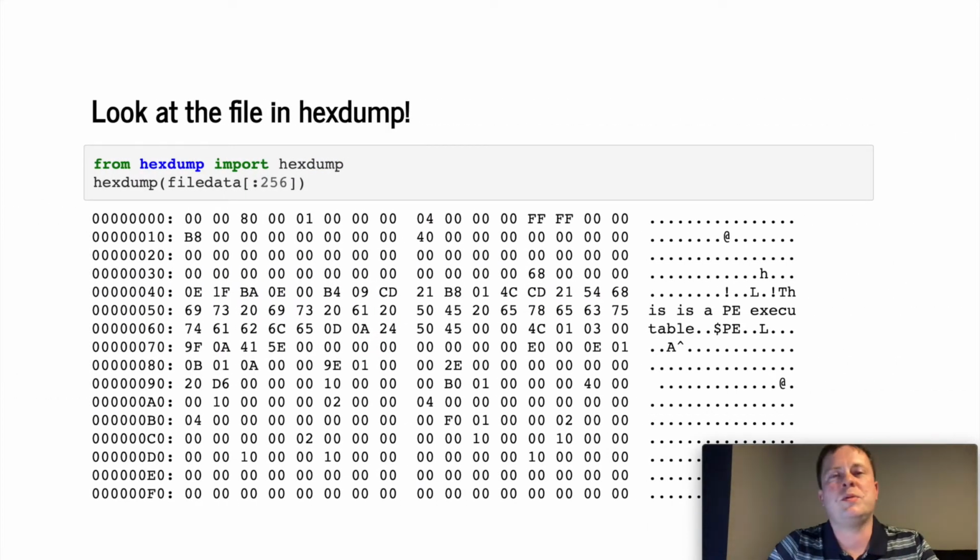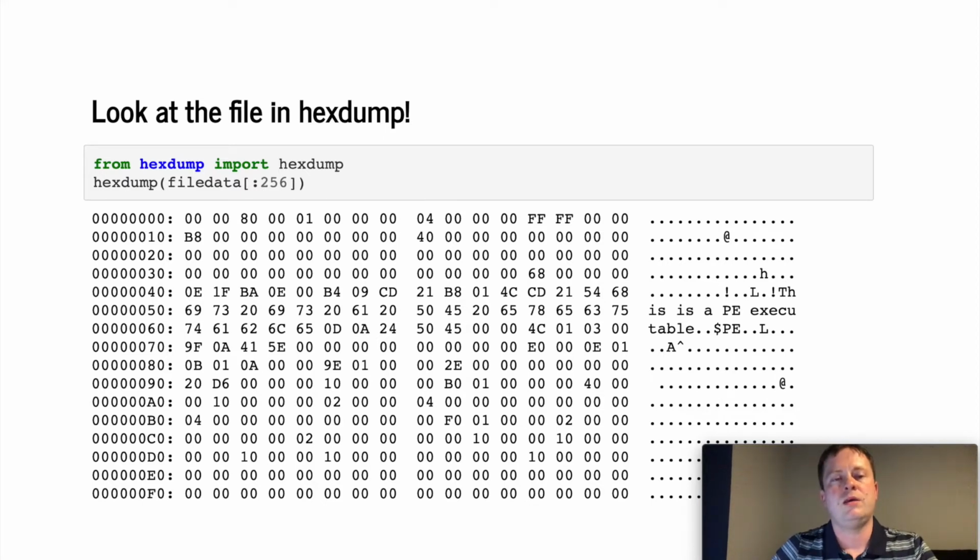All right, so this is one of my favorite modules, the hex dump module, and it basically gives us a 3-column representation of binary data. In traditional hex dumps, you've got your offset on the left, you've got your middle section that contains the hexadecimal representation of each byte within the slice that you're looking at, and then on the right you've got your textual representation. So if there are any printable ASCII characters, they get represented on the side so you